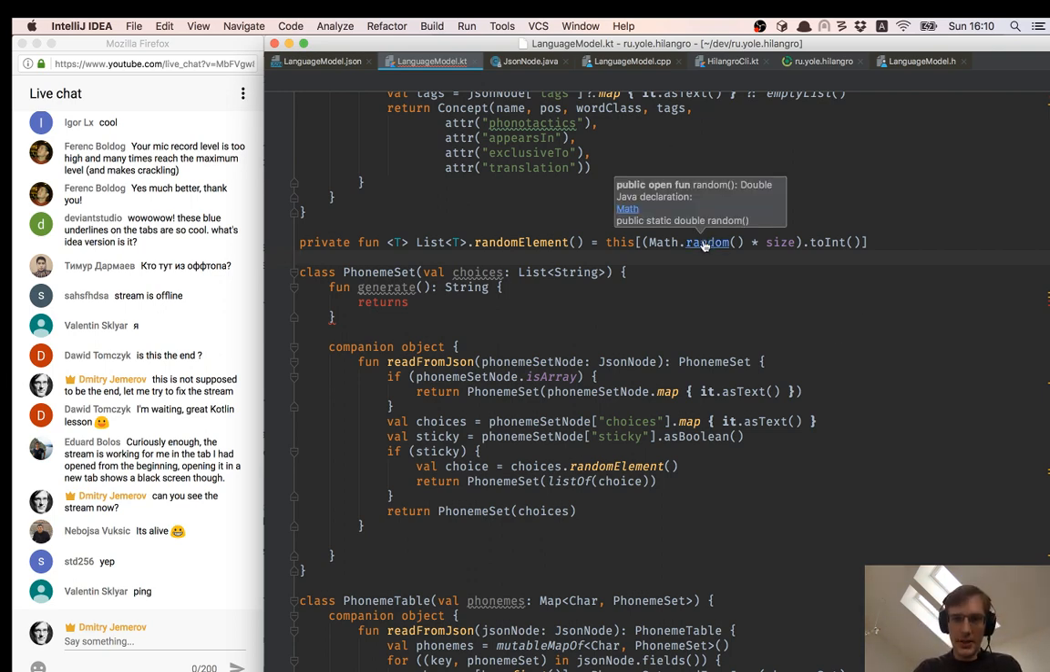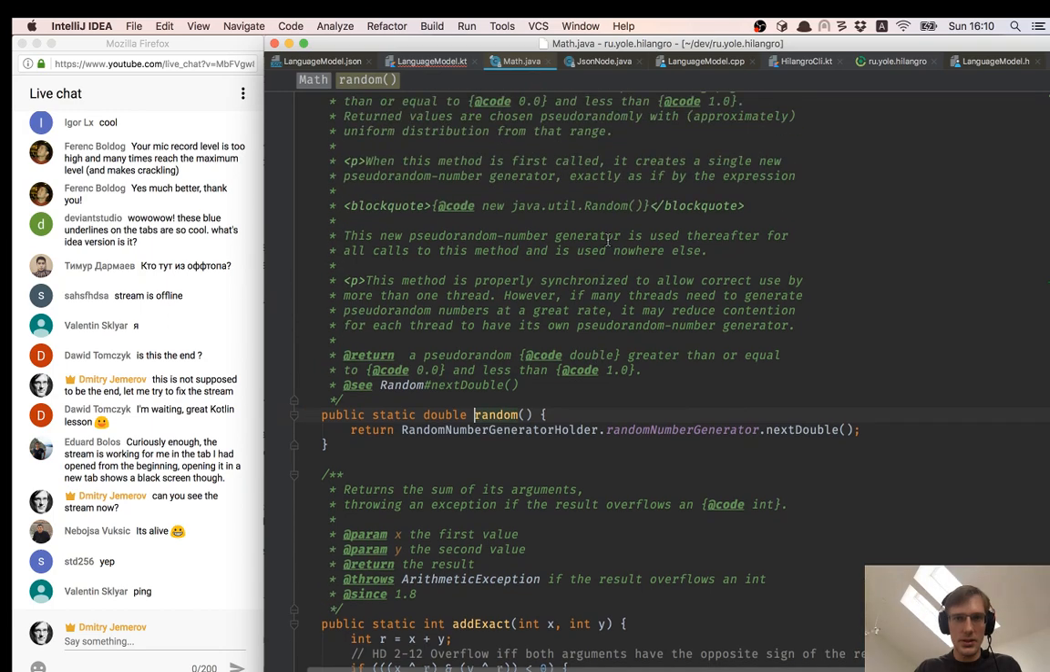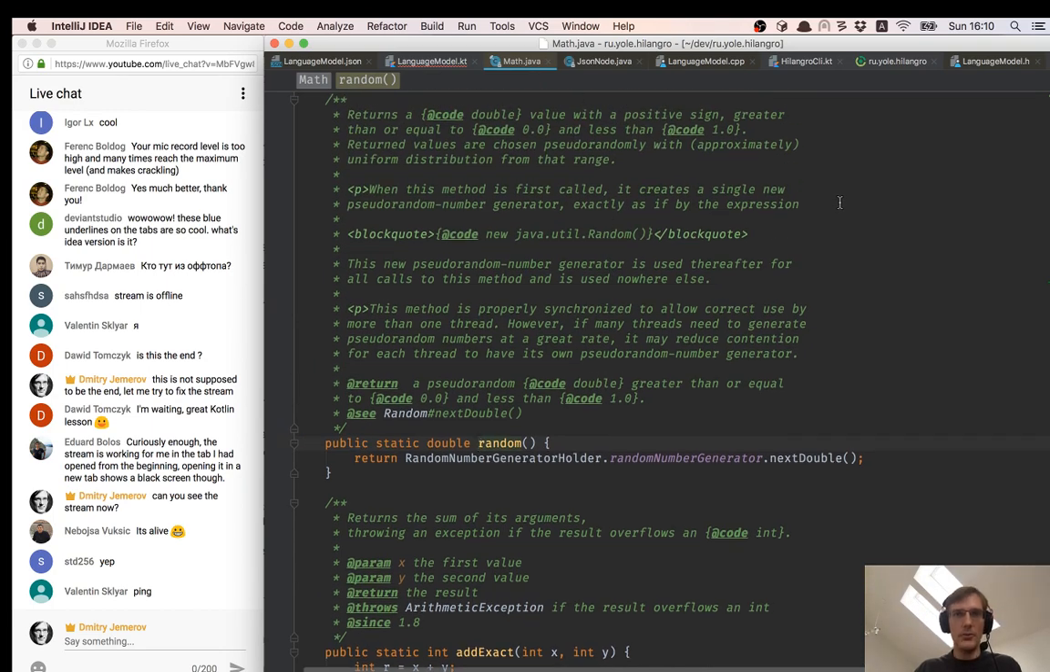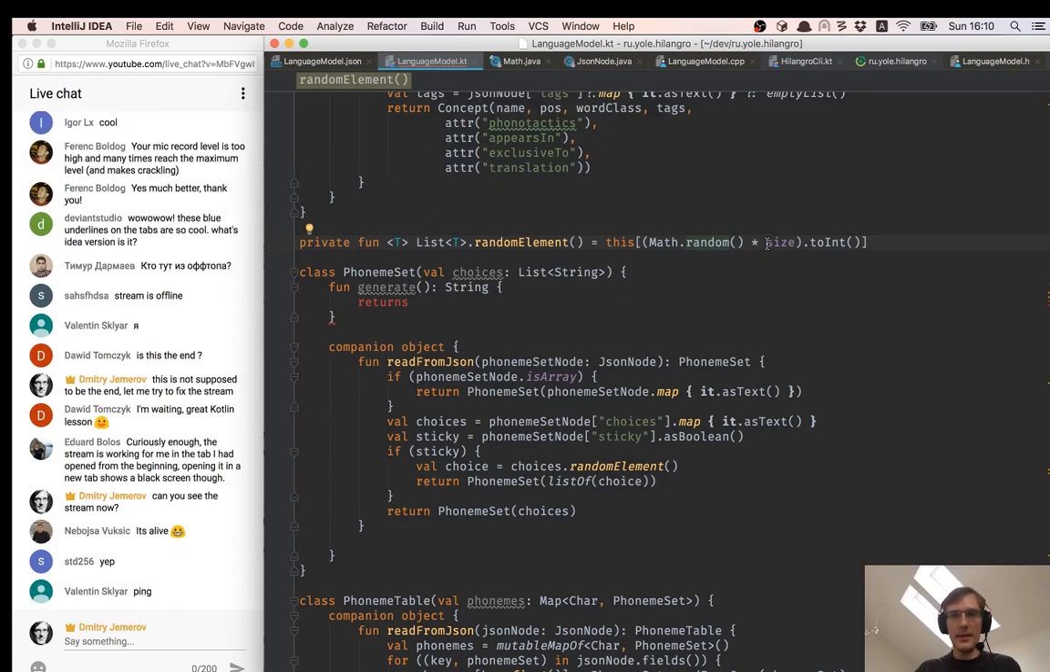Now let me check if I actually implemented this correctly. So this returns a double value from 0 to 1. And so I'm multiplying this by size, getting from 0 to the number of elements. Then I'm just truncating it to the integer, and so yeah, I'm going to get as many possibilities as there are elements in the list. So now this becomes as easy as,